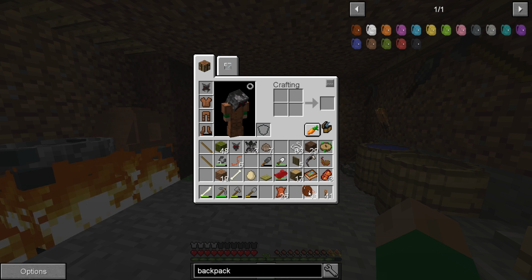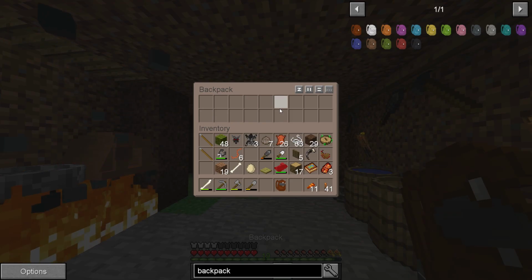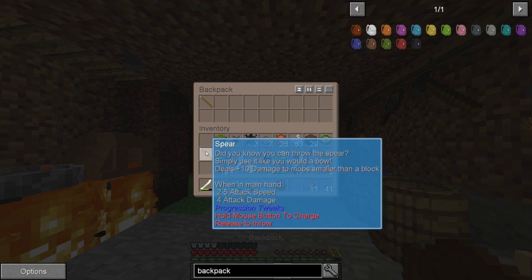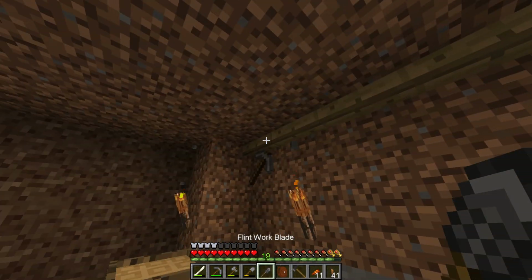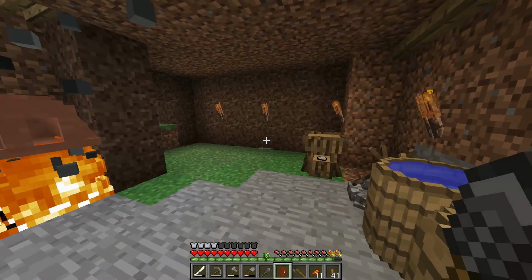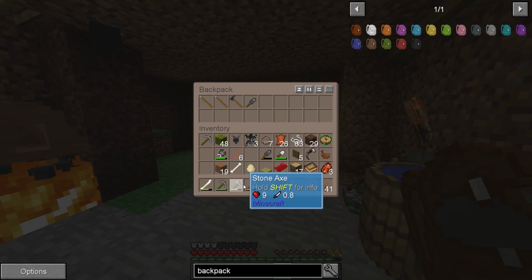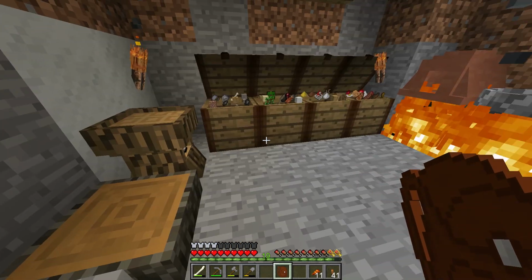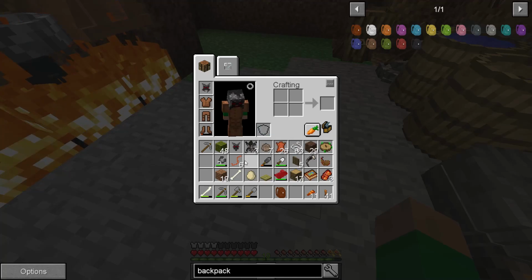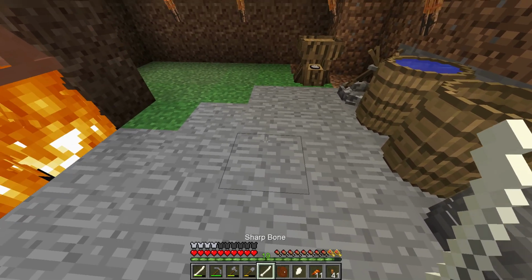So I think the backpack is just storage. Yep, it gives us extra space for stuff. And I think what I want to put in our backpack is our extra tools. Our current tools are in reasonable shape. I'm going to take at least one more sharp bone, because I think when we're over here we're going to be killing